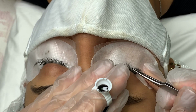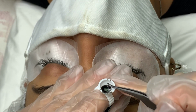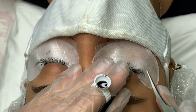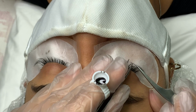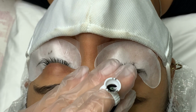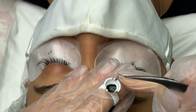One thing that she is doing, and I do recommend, is she's applying on the longest natural lashes first, or as much as she can in certain areas. It is a lot easier to apply the extension on the natural lashes that are longer first, because then you can move that eyelash with the extension out of your way. Since it's longer, it's easier to grab out of your way